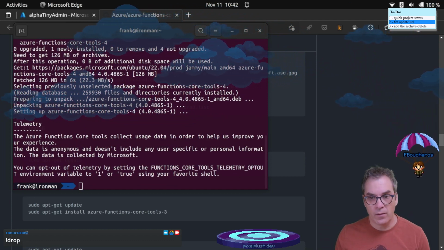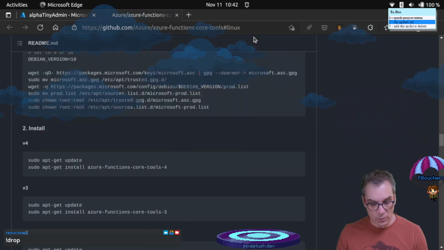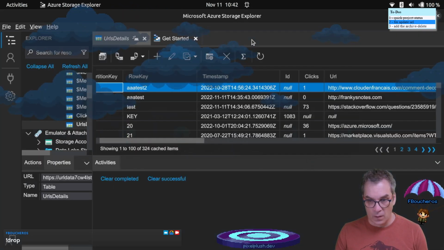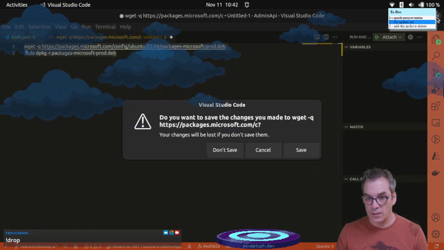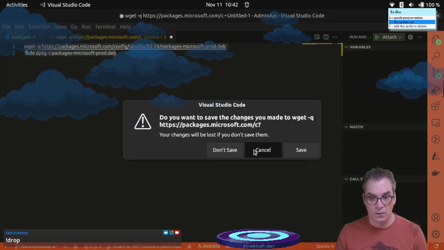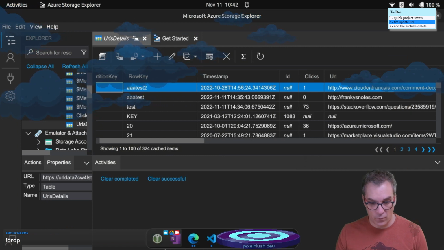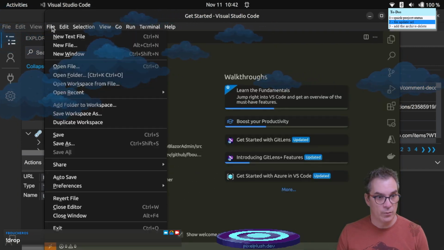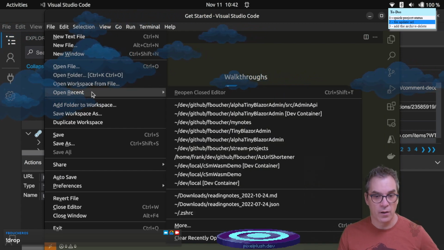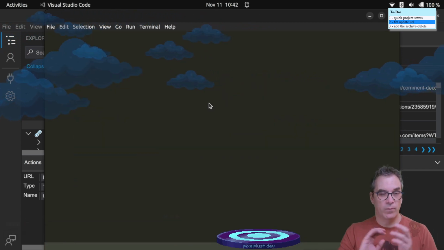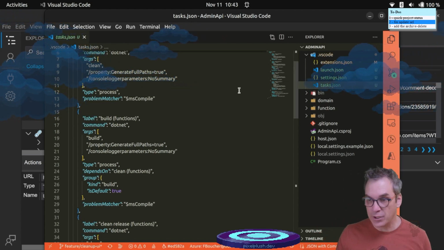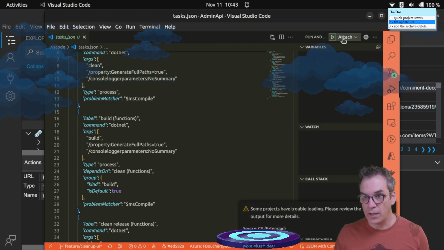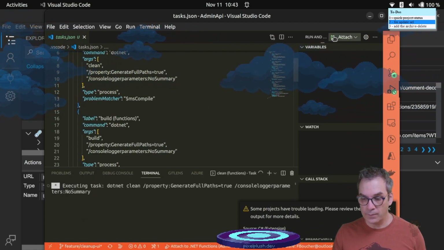Okay, cool. So now it looks like we have our tool. So let's close this. Don't save. We'll reopen it. New window. Open recent. Just want to make sure that the workspace is refreshed. So now if I do attach and run,